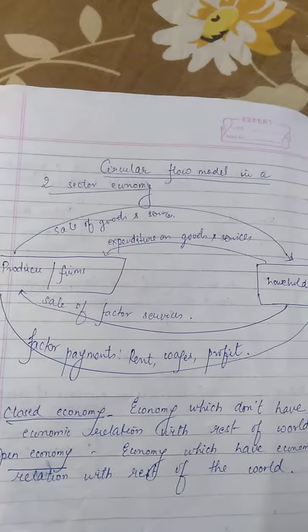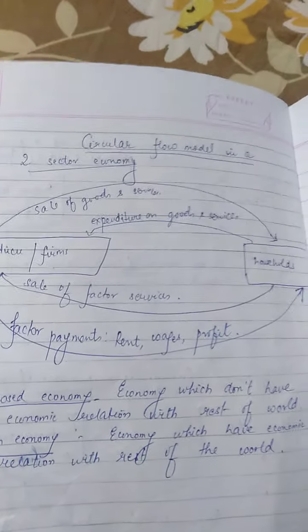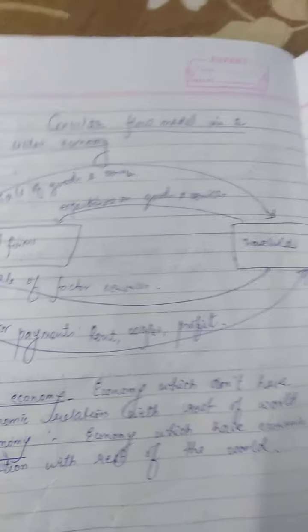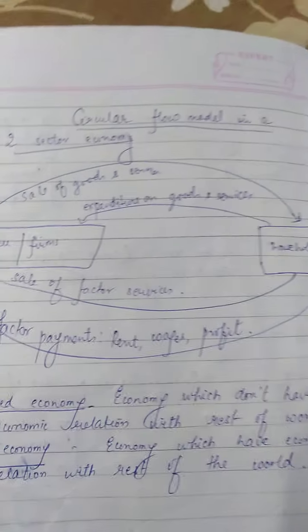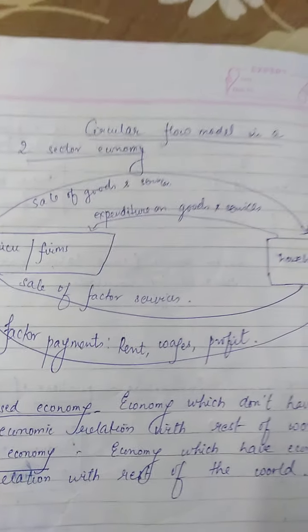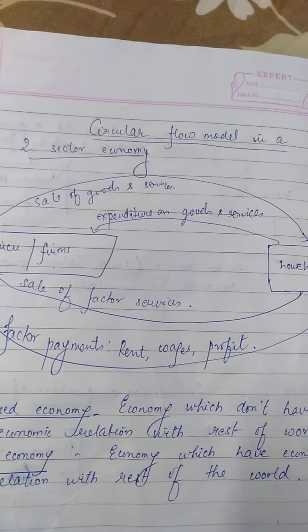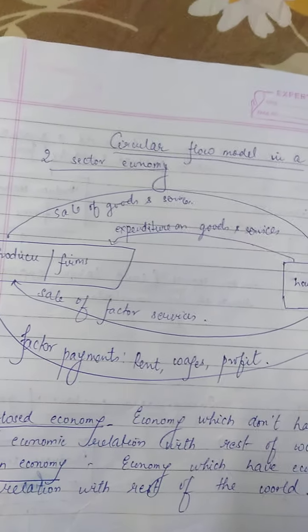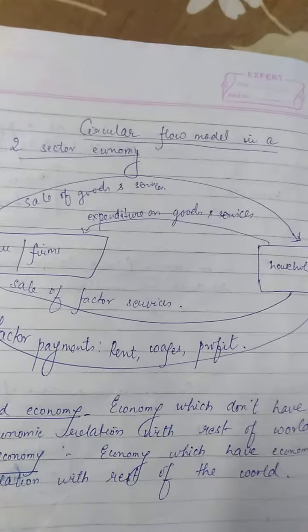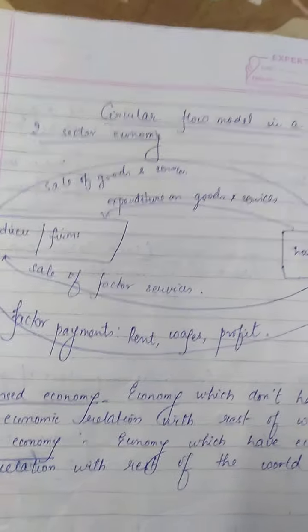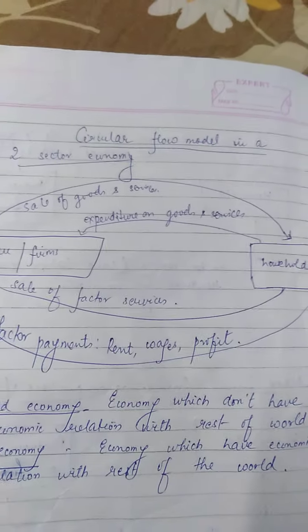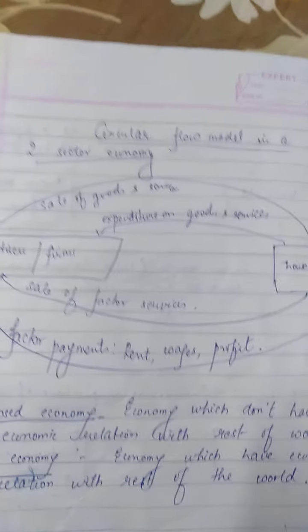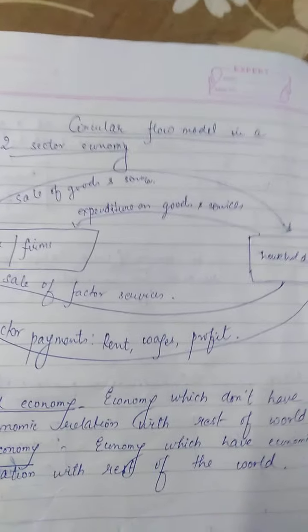So the first significance of the circular flow model is that it helps in the estimation of national income, where national income is the sum of all the factor income received from the producers by the households. And the second significance of the circular flow model is that we get to know how much each sector is dependent on the other, I mean how much the producer is dependent on the household and how much the household is dependent on the producer. The interdependence of both the sectors with each other is known through this circular flow of income. Thank you.